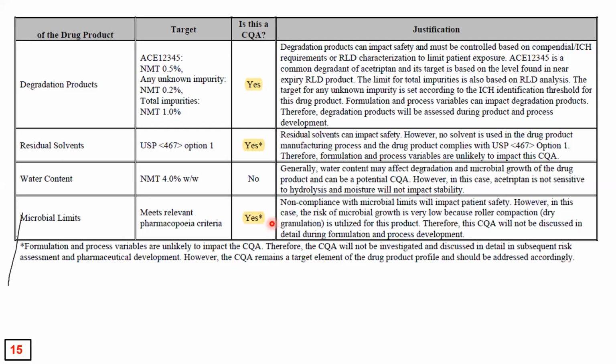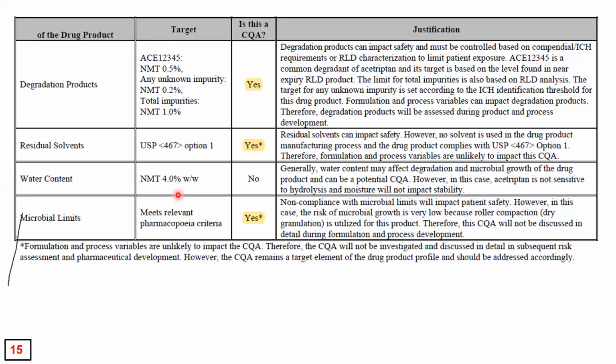During the process, there are chances that many degradation products are going to be formed during storage, and hence, I think for most tablets, the degradation products are considered a critical quality attribute, because that is related to toxicity, that is nothing but a safety issue. Similarly, if it is an immediate release tablet, dissolution is the default critical quality attribute. Similarly, residual solvents: there are some residual solvents, maybe alcohol used during the granulation process or some other solvent, that may cause toxicity problems. Hence, it is considered a critical quality attribute.